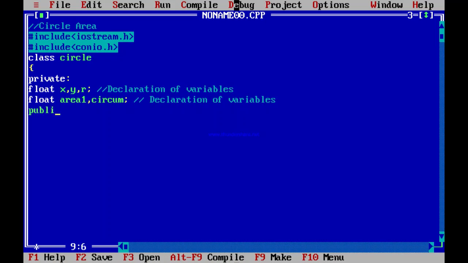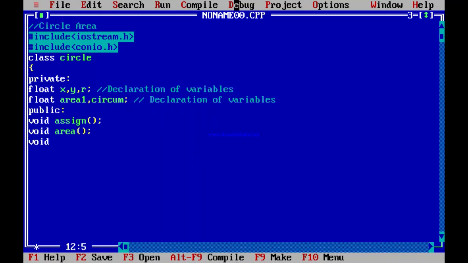Now under the public section I am going to declare some member functions. First member function is void assign. What is that void assign function? It is a function that is not going to return any value, so I put the return type as void. Then the second one is void area, the declaration of the function.